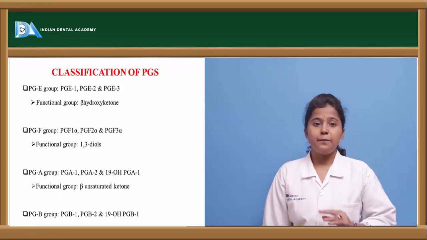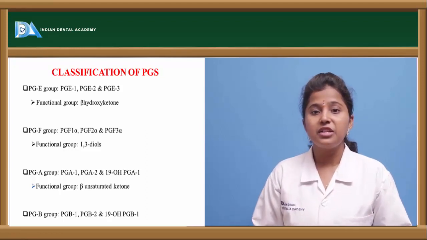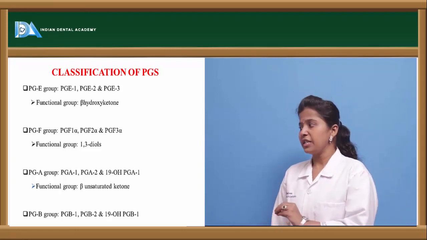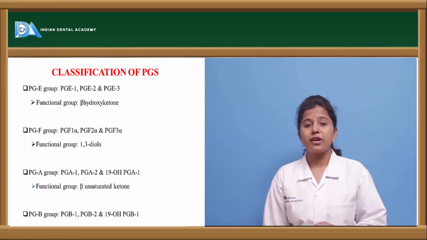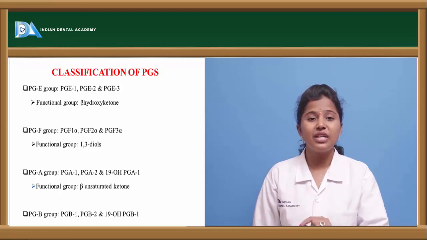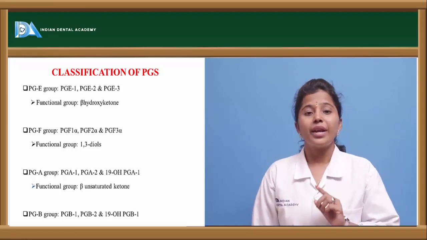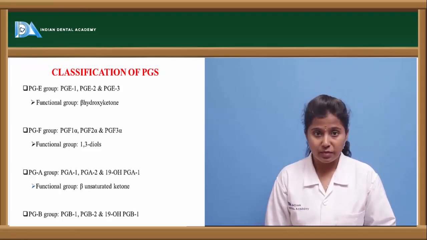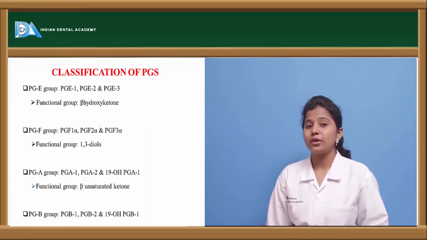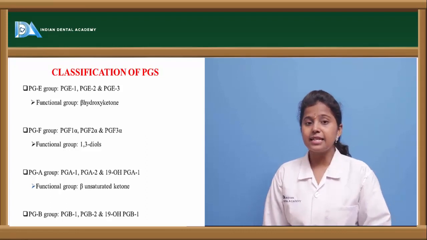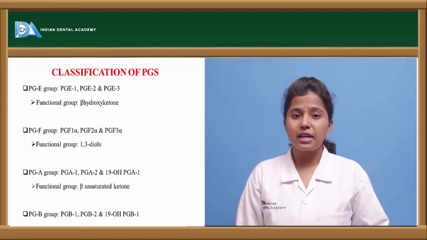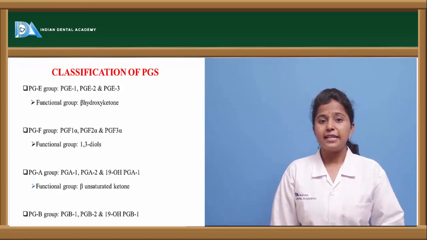And PGF are further classified into PGF1 alpha, F2 alpha and F3 alpha. This PGF2 is mainly categorized by the functional group called 1,3 diols. That is, when a hydroxyl group, an OH group, is present on the first position and third position, on C1 and C3 carbon atoms, then this PGF2 is formed, and PGA is further classified into PGA1, A2 as well